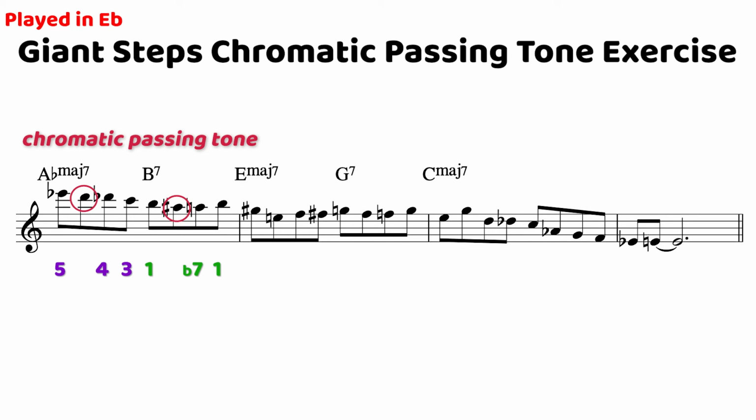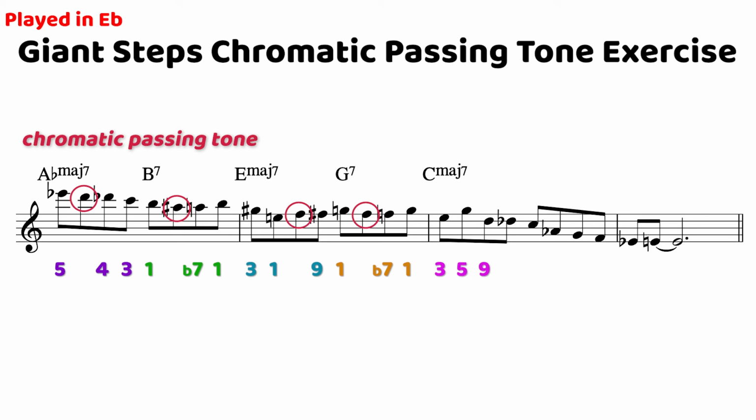Then we have the 3rd of the chord, the root, then a chromatic passing tone leading from the root into the 9th. Then again we resolve up a half step into the root of the next chord, down a chromatic passing tone, down another half step to the flat 7, back up to the root, landing on the 3rd again,